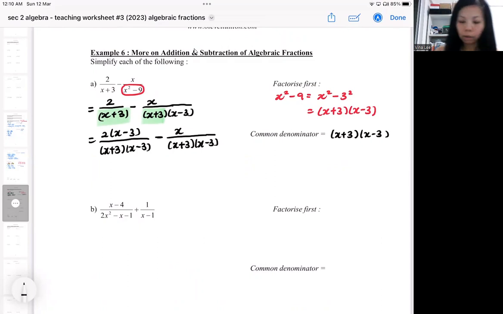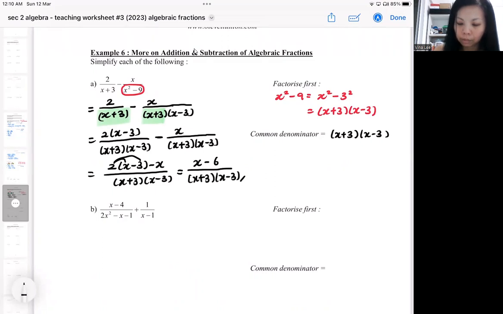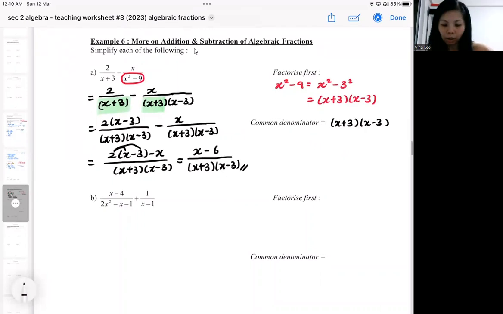Then when I get to same denominator, I will get a single fraction. So again, you can leave the denominator alone. You just focus on expanding out the numerator. So 2x minus x, I got a x. So I got a x minus 6 eventually. Okay, so these are the harder ones where you must be sensitive and your factorization must be correct. Then in the next one,